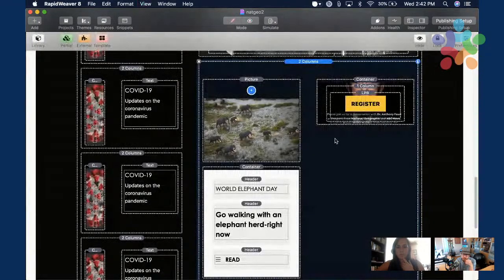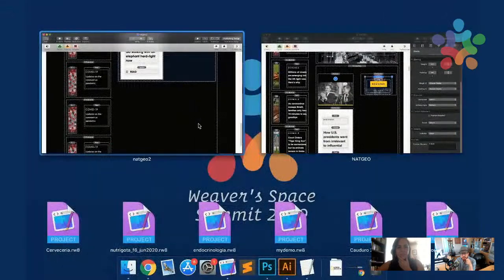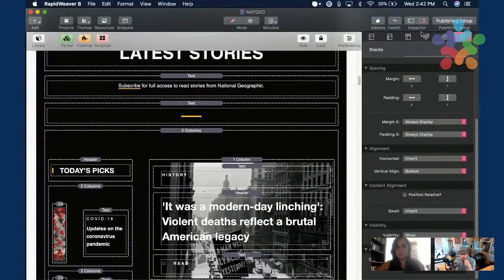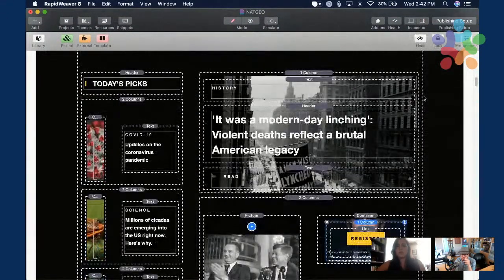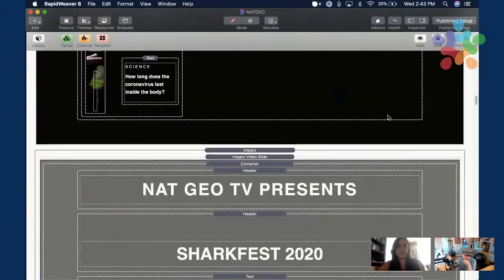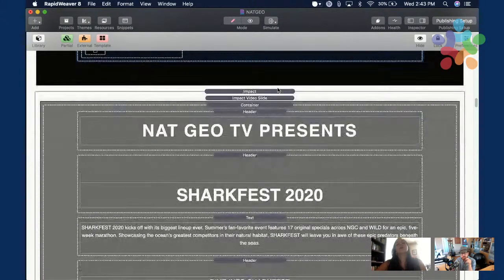I'm not sure I'm using the same classes, so I'll just go over this project and explain what I did. As you can see, up to here, we're all set. I changed all the pictures, and then I used impact for the video.